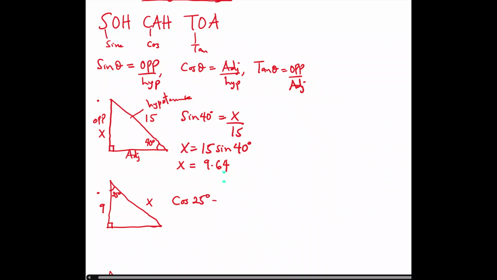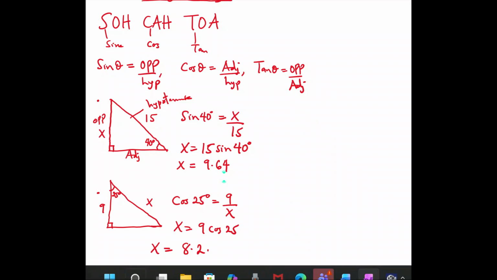So we do cos 25 degrees is equal to, the adjacent is 9, hypotenuse is x. Okay, so let's cross multiply. So x will be equal to 9 cos 25. Okay, so 9 cos 25 will give us 8.2. 8.2. Okay,